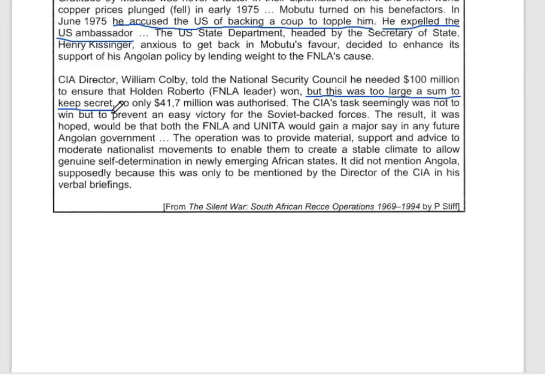It meant that it was going to pose a negative bearing on the US economy. It was going to produce a notable result, which was going to be questionable by the people. So they could not ultimately disburse such a large sum of money for the reason that it was too large to keep secret. Moving on to the next question.